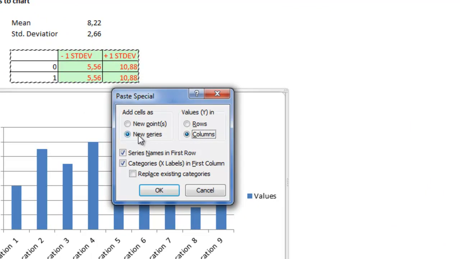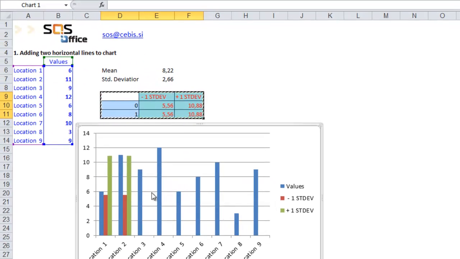We are adding a new series with values in columns, and series names are in the first row and category X labels are in the first column. All these values are perfect for us, so we just leave it as it is. Default values are okay, so we click OK. What we get now are 2 additional series,